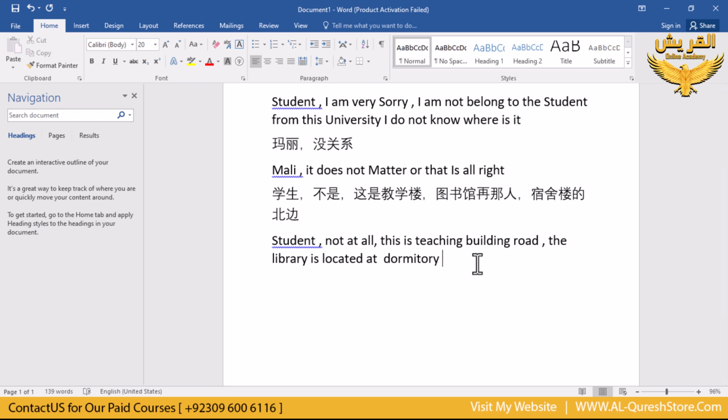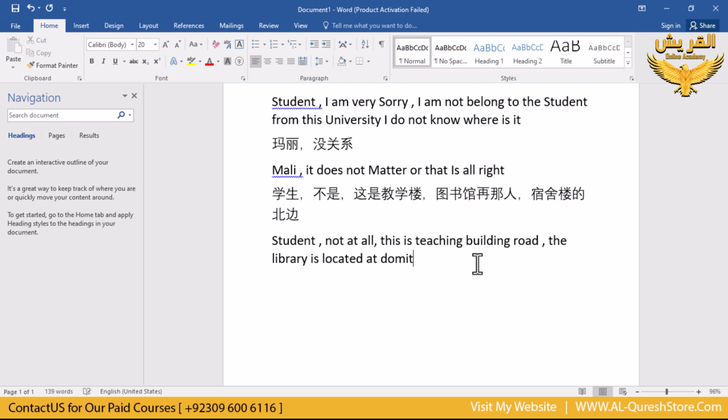The library is located at dormitory student library. The library is located at Shusha Luda Pabian. Located on north side. The library is located at